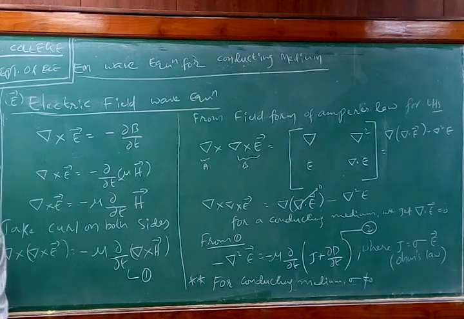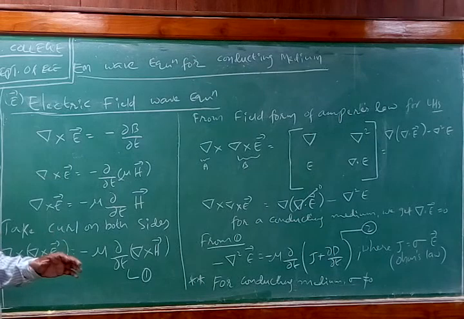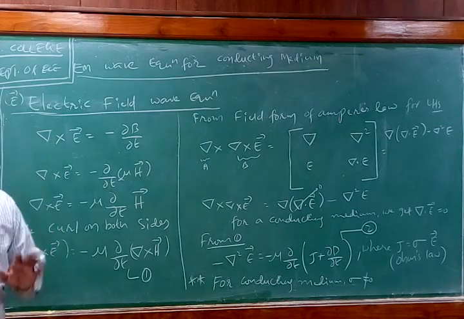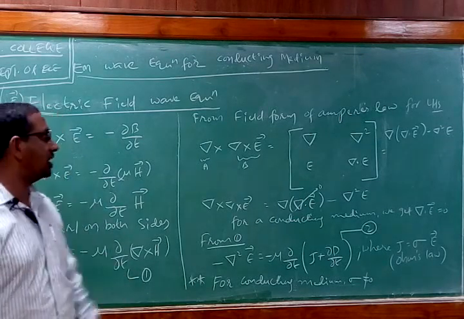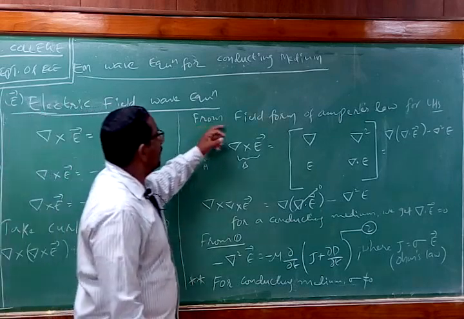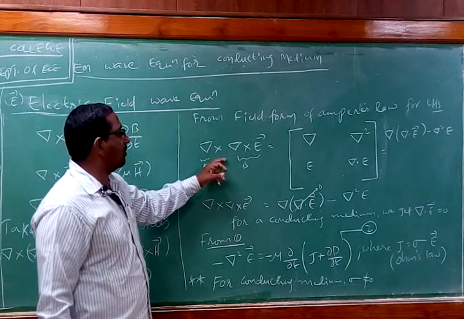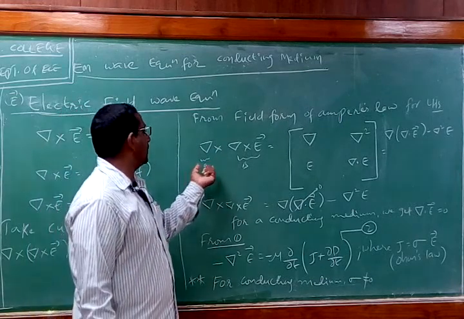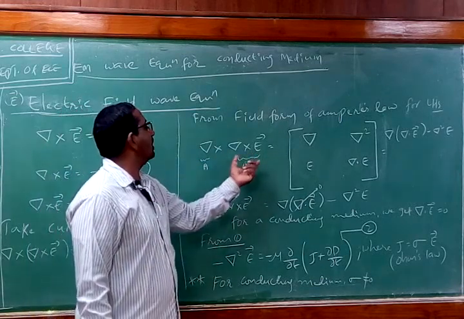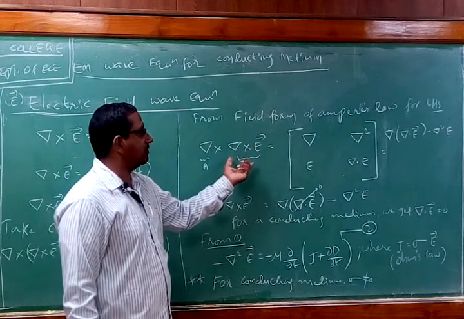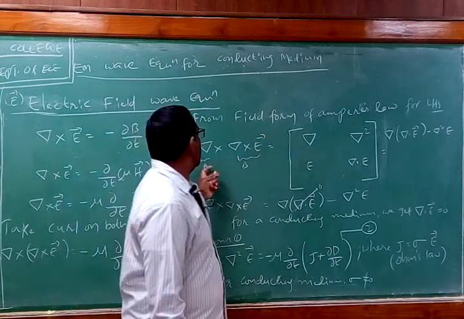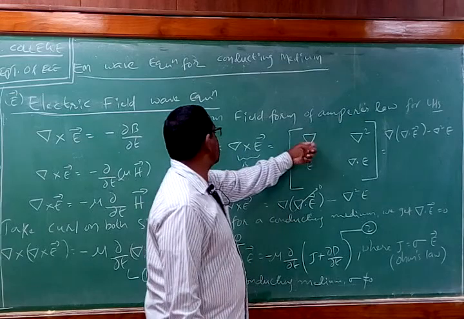So here we use mathematics as a tool. Wherever required, whichever is required, we will be using the mathematical properties here to solve our equation. Then next, from the field form of Ampere's law, for the LHS, what can we have now? This I can take as some vector A, this is going to be vector B, and it's applied with a del cross operation. Now I can simply write this as A is del.